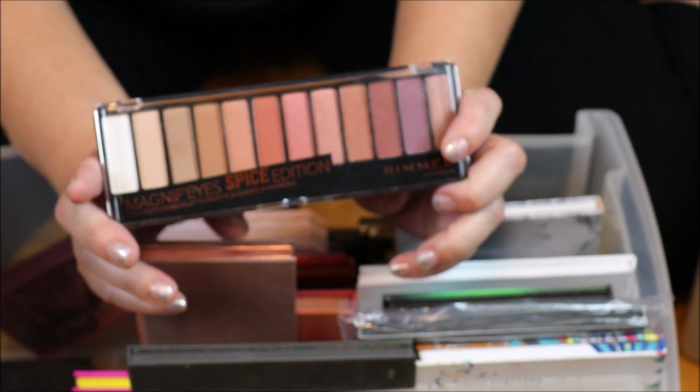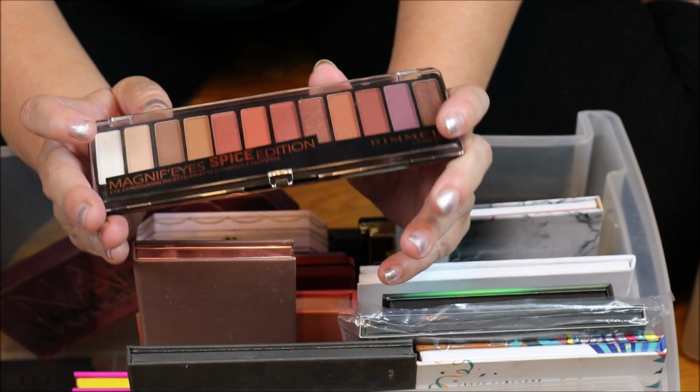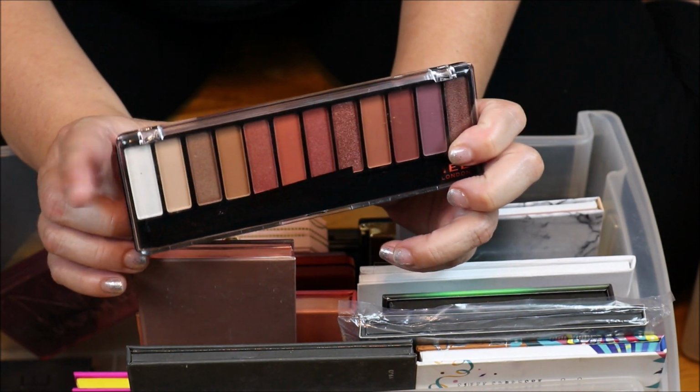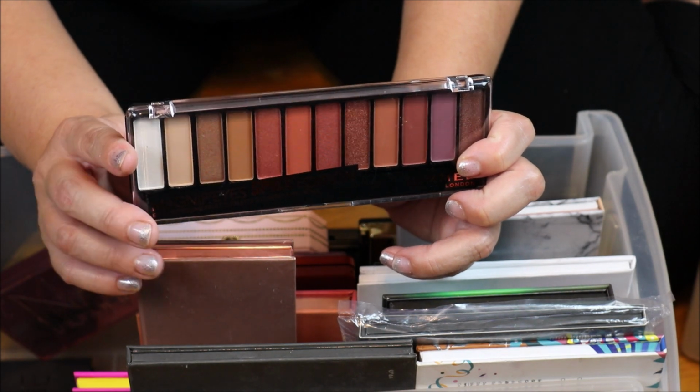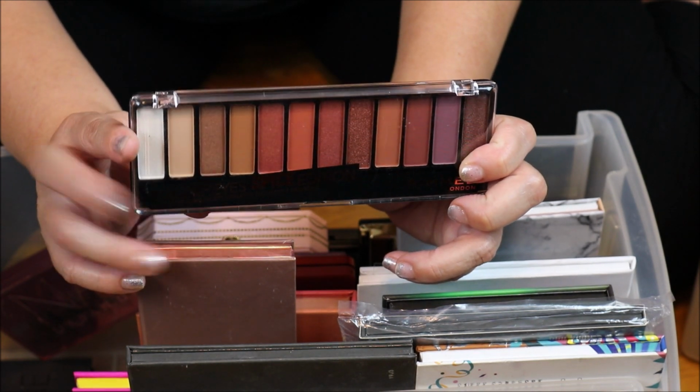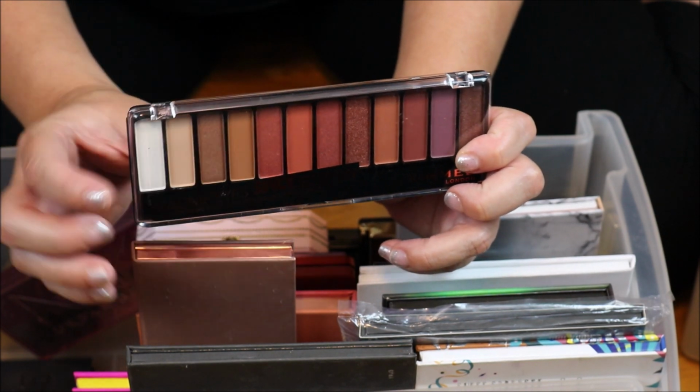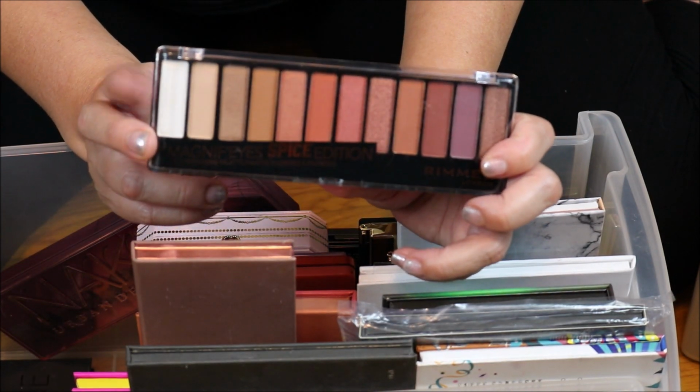The next palette is this one here by Rimmel. This is the Rimmel Spice Edition. I did this as part of a dupe post for one of my makeup reviews on my Facebook page. So this is a great dupe for the